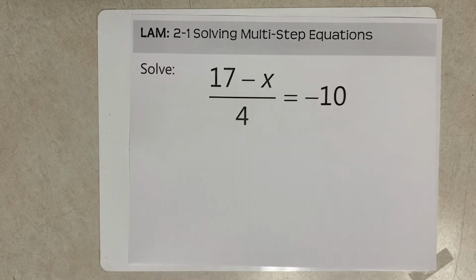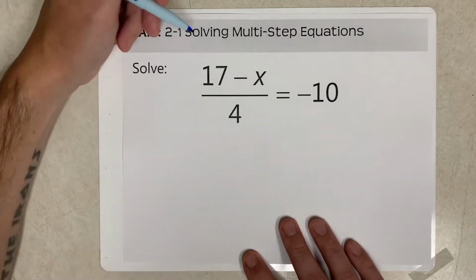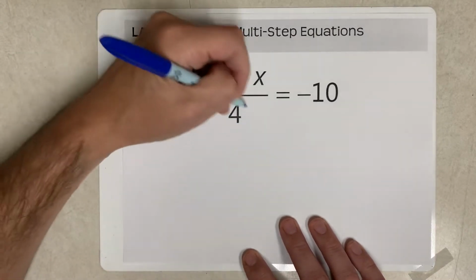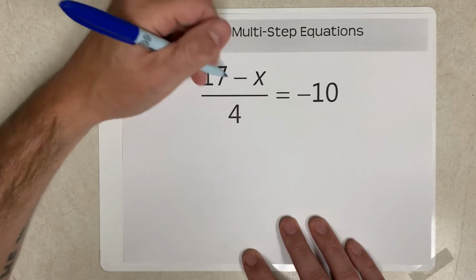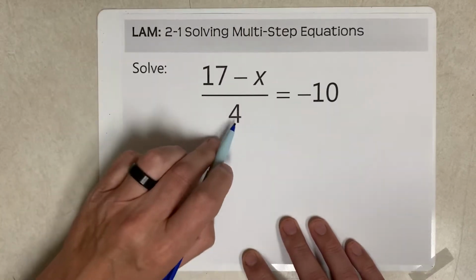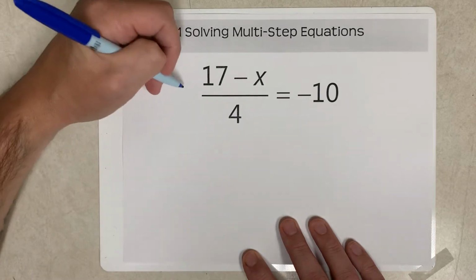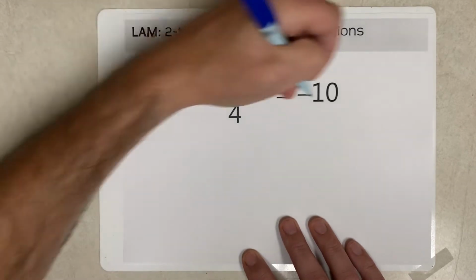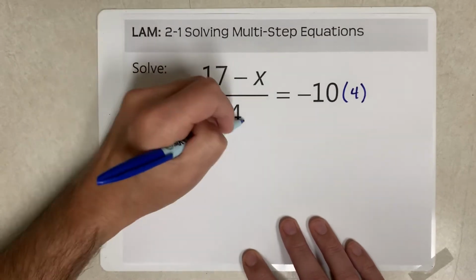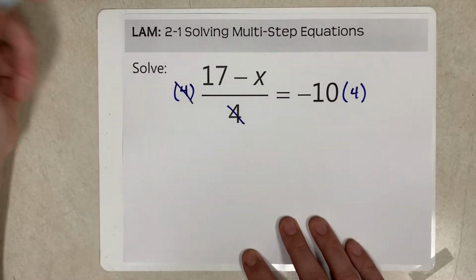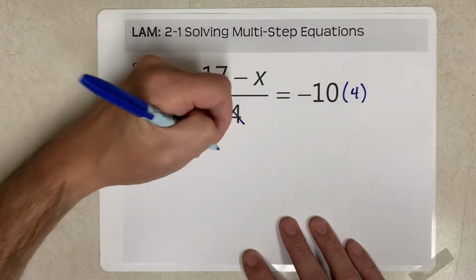Okay, now we have some problems that have a number in the denominator. So let's see how we're going to handle this one. What I would do is I need to get rid of that 4 first. That's really hurting me. I can't really subtract 17. I can't deal with that negative until I get rid of that 4 right there. So I'm going to multiply both sides by 4 to get rid of it. When I do that, these become multiplicative inverses. They cancel. 17 take away x drops down,